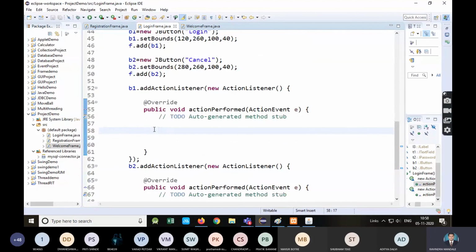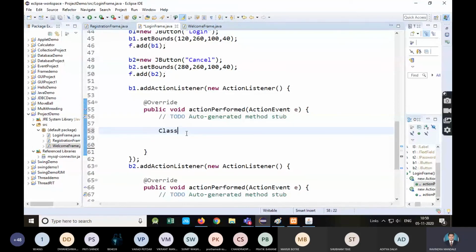And now come back to B1. Here we need to retrieve the username and password, that means whatever username and password he enters in the username text field and password field. We are going to compare that with the existing username and password from the database. For that purpose, again database coding is required.